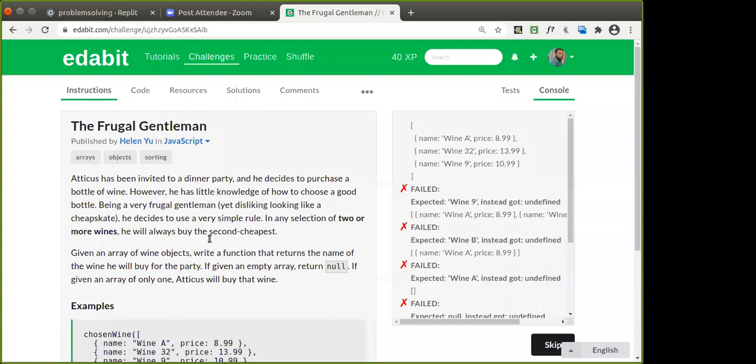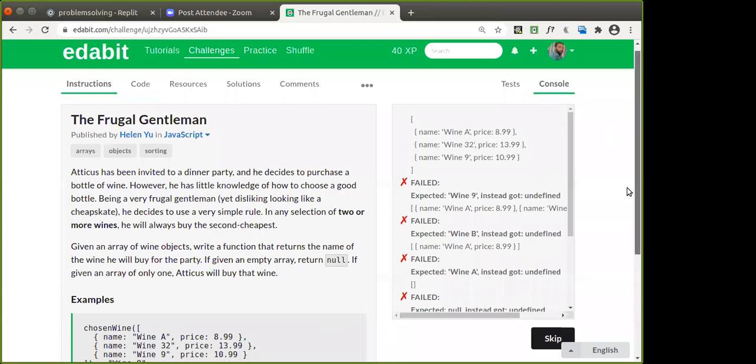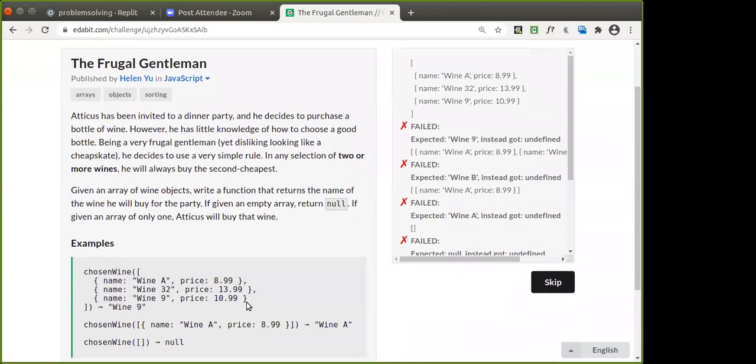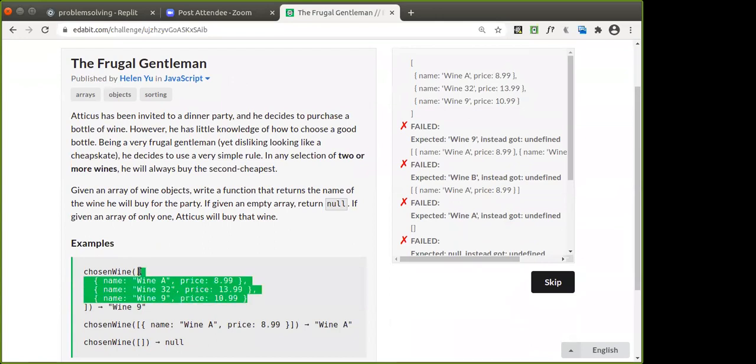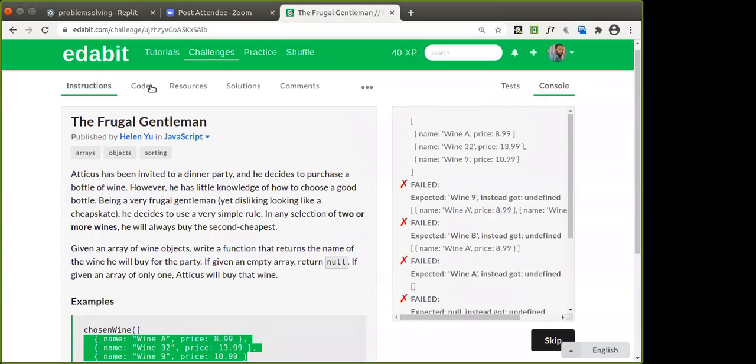Look here carefully. How do we get the object with the second highest price? Very good. So Manjunath has answered that one. Sort the key value wine with price. Okay, let's go with that approach.